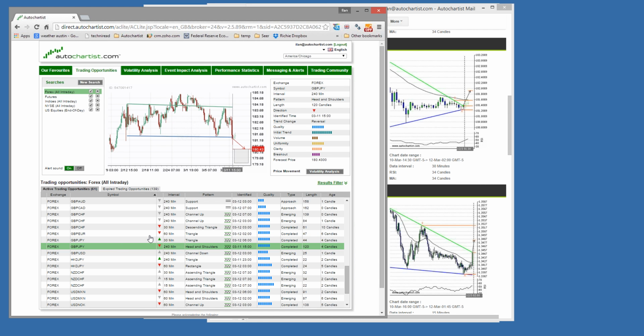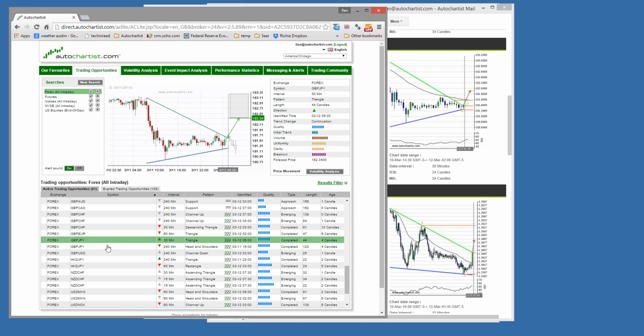We'll look at the longer term opportunity. Now this is something very interesting, right? So now we see that this is a 4-hour opportunity on GBP/JPY. Okay, now a 4-hour opportunity on GBP/JPY, a head and shoulders, right? So this is a longer term opportunity, and then the Autochartist provides a short-term opportunity, right? So many people would ask how to trade something like that.